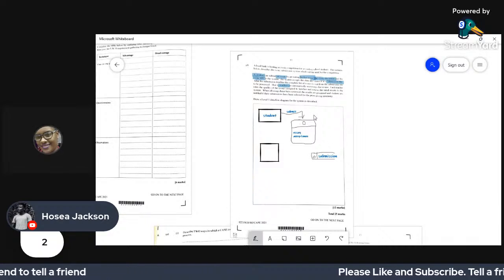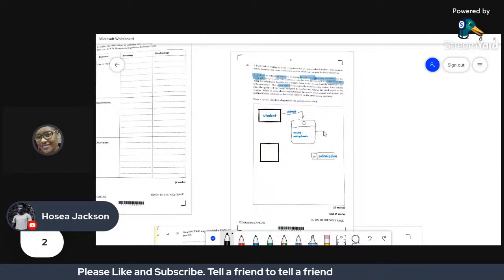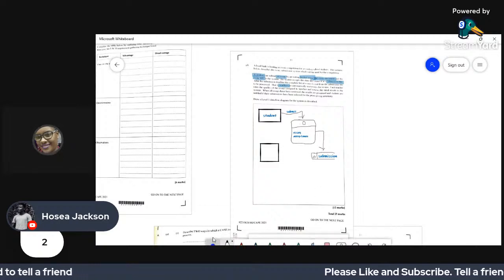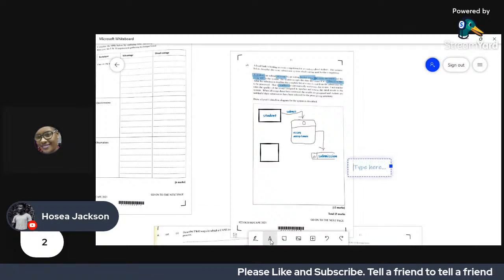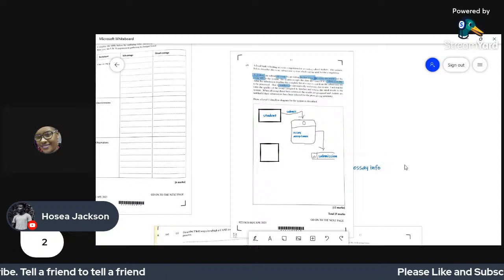So now we need to connect. A student will submit their essay to this process. Then the data is going to be stored in this file. And as I said before, you have to label your lines. I'm going to put essay info for the line here.